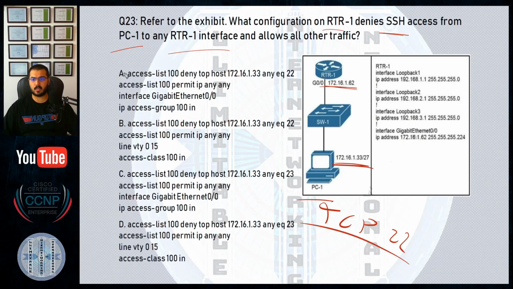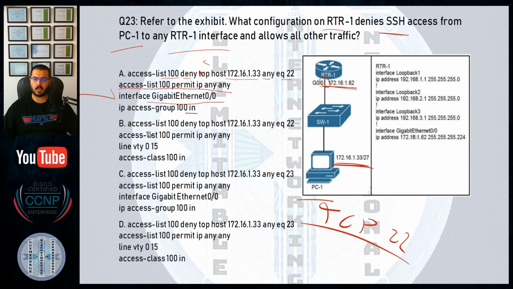Okay, so let's say that creating an extended access list, definitely to deny, this is TCP, not TOP, this is TCP from the computer, correct, to anything, correct, to an interface, because this is the only router there, equals 22, and then permit any other thing, also correct. So head to interface GigabitEthernet 0/0 and apply it as an in. This is the only correct scenario that can be